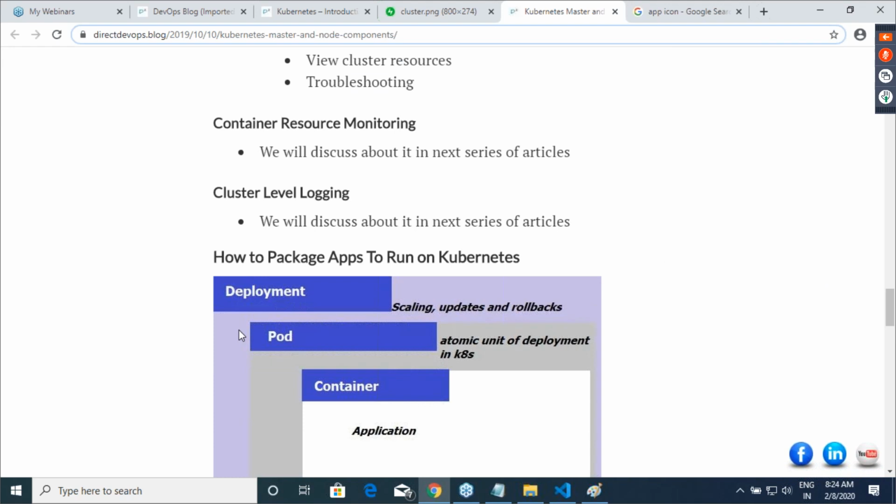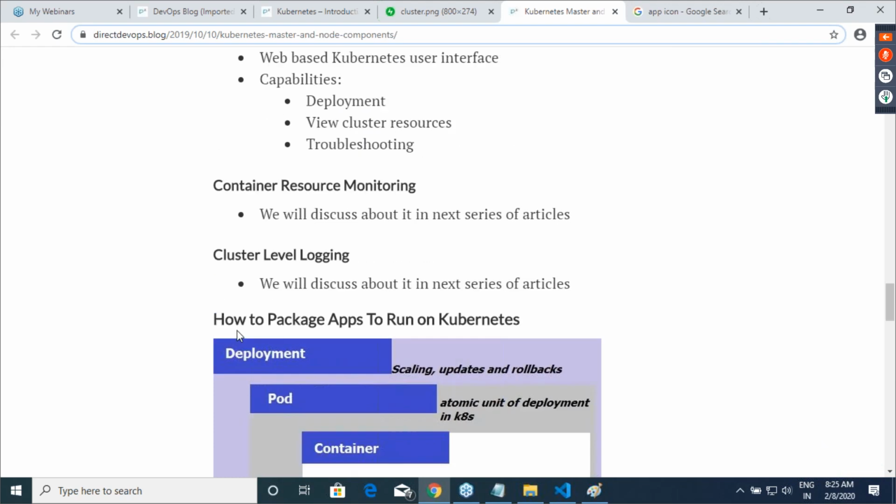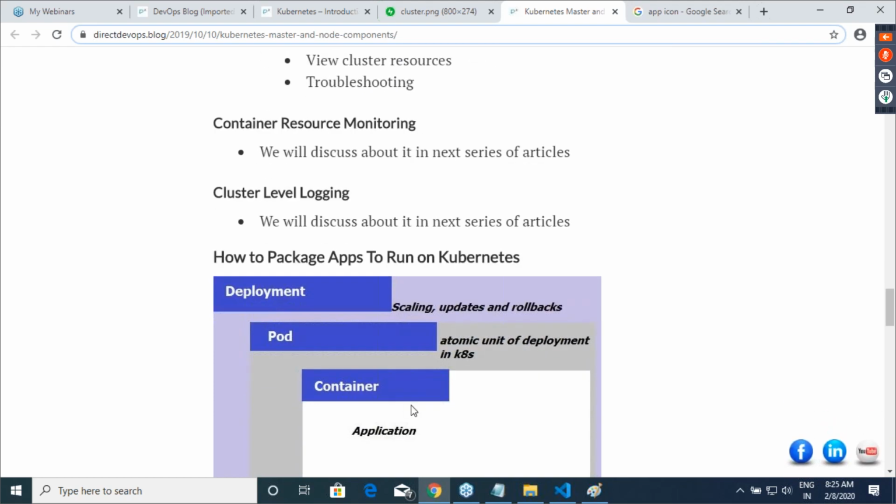So how Kubernetes basically runs your applications. What we know till date is containers. Kubernetes doesn't know containers. What Kubernetes knows is pods. In Kubernetes, what you will be creating is pods, and your application will run inside a pod. To be very specific, your Docker container will be inside that pod.